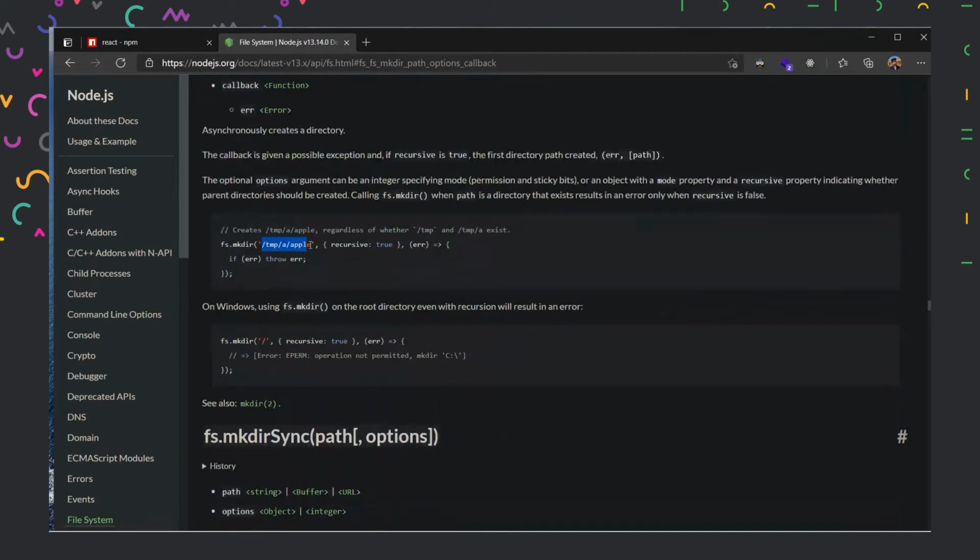First one is the path where you want to create the folder, and the second one is a function where you pass in some values. First of all, you pass in the name of the folder you want to create, and then you pass in some function. This function is called a callback function. The definition of a callback function is when a function is called and then it requires to run some other function inside it simultaneously, and that is possible by using callback functions where we pass the function inside the parameters directly. So now we'll just implement it.